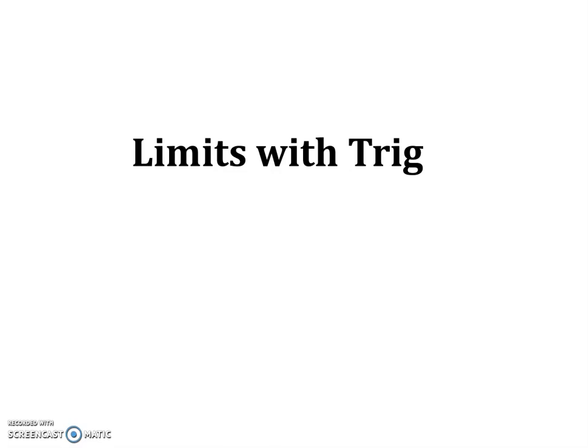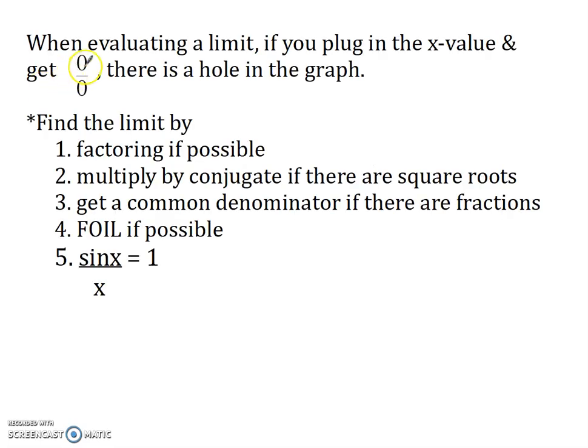Okay, our last type of limit that we're going to look at when you get 0 over 0 are the limits with trig. So again, these are still limits where we're getting 0 over 0. The last one we have is sine of x over x. If you look at the graph of sine of x over x,